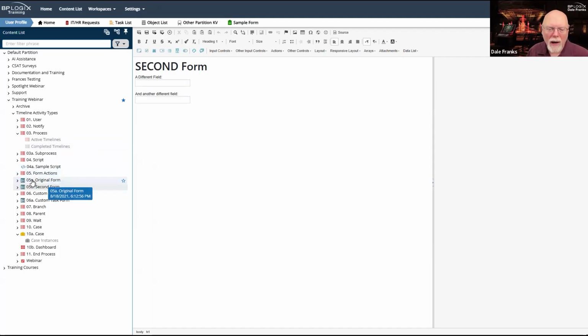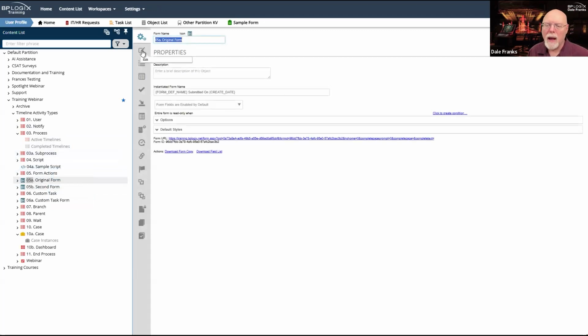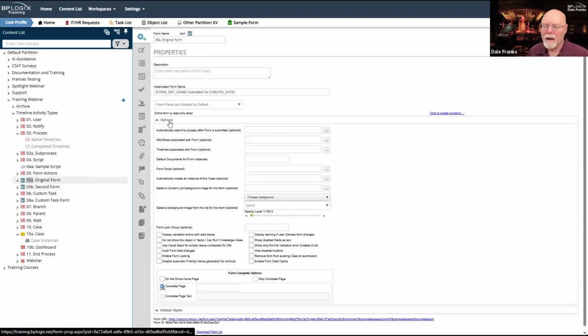I would point out that most of the time, let's go back to original form here, and let's go into the options tab. I do not have an automatically start this process after form is submitted property here.